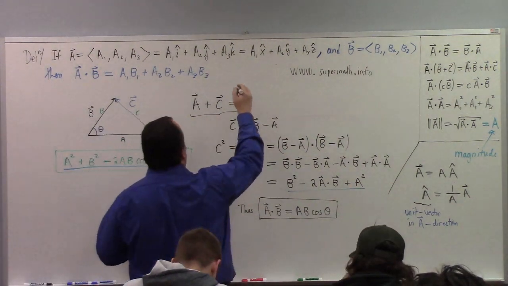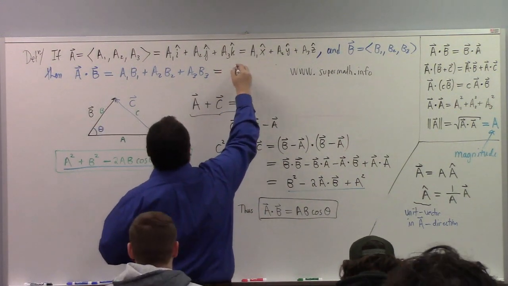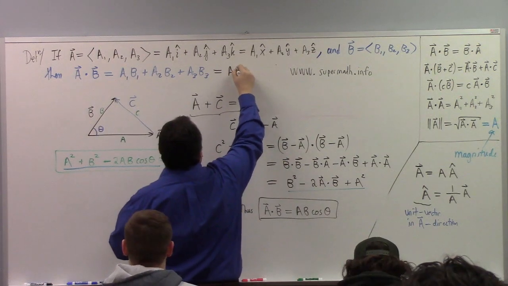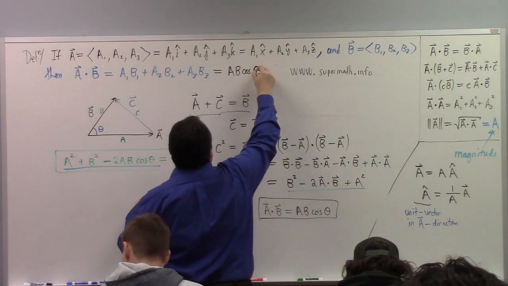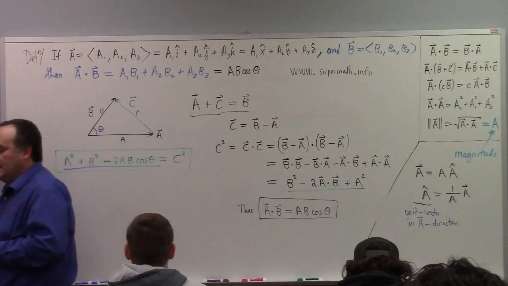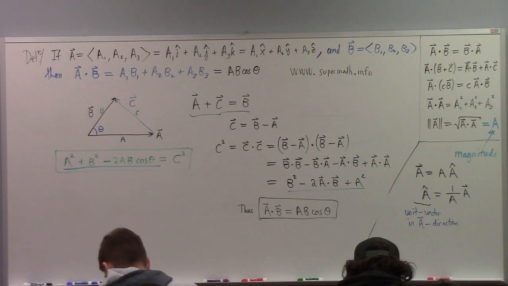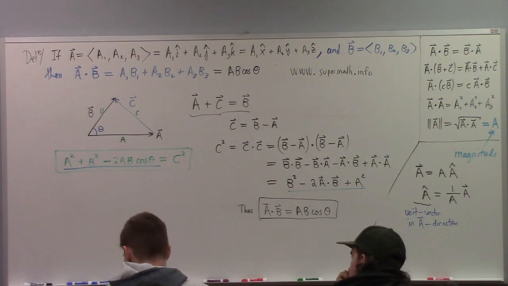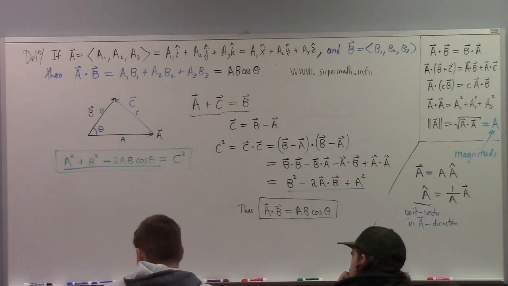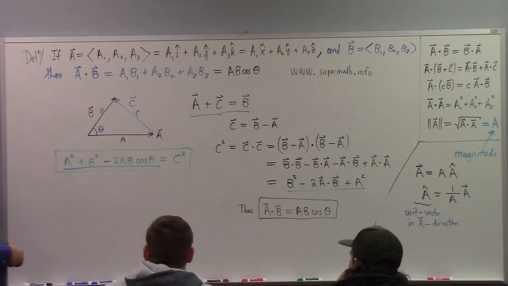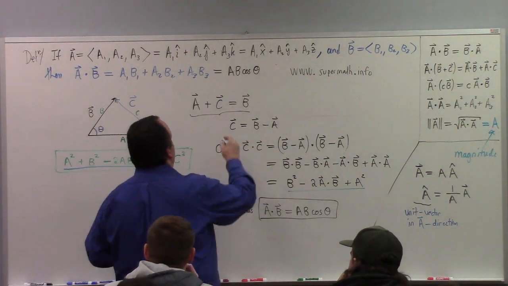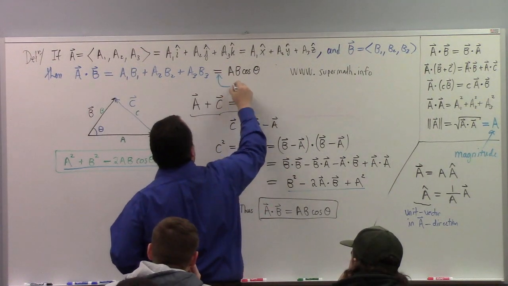So let me complete the thought up here. The dot product is also given by AB cosine theta. So if you want to calculate the dot product between a pair of vectors, if we know the magnitudes of the vectors and we know the angle between them, we can calculate the dot product. But you should understand that this right here is essentially